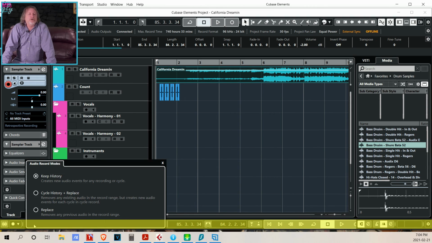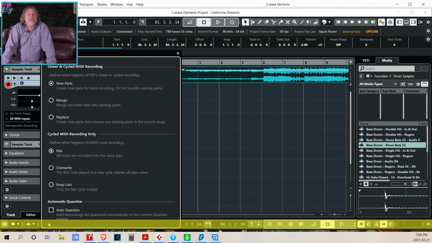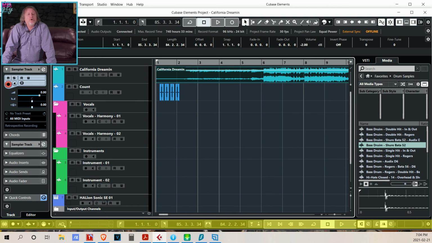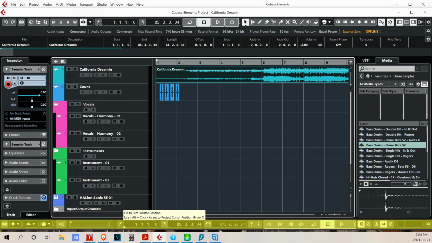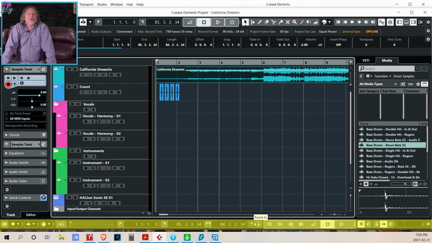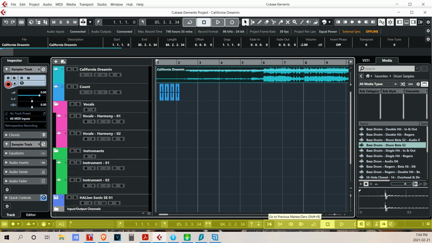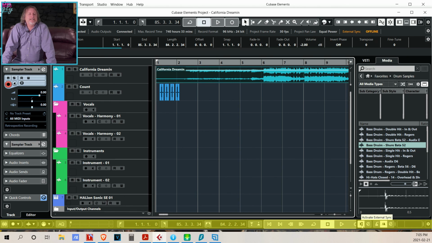audio record modes, MIDI record modes, MIDI auto quantize, system performance meter, locators, locator range duration, punch points, punch in and punch out, transport control, activate extended sync, click and count in,